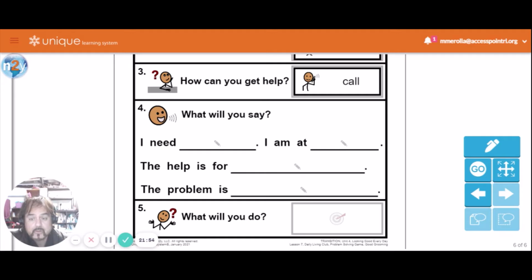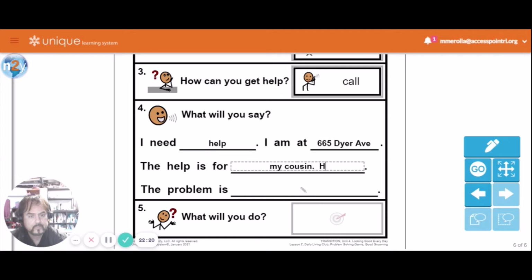So we're just going to assume you are. All right, so I need help. I am at, once again, you want to give your address. That's the school's address, but you would give them your own address. The help is for my cousin.